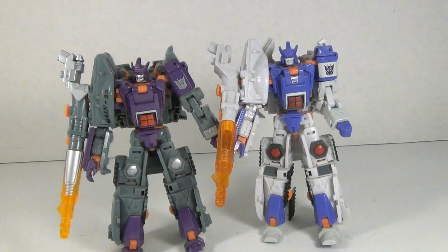Which really makes me feel like we need a new Galvatron figure. We need a Voyager Galvatron figure. I mean, if they'd made Cyclonus into Galvatron instead of Cyclonus, made it more Galvatron-like, gave it the fusion cannon, made it a tank or something, you know, made a Galvatron figure for the Combiner Wars line, I would have been so happy with that. But to just make Cyclonus and make his combined form Galvatron-like, that was not received well by me. And I know I'm ranting about a figure that's not even being shown, but